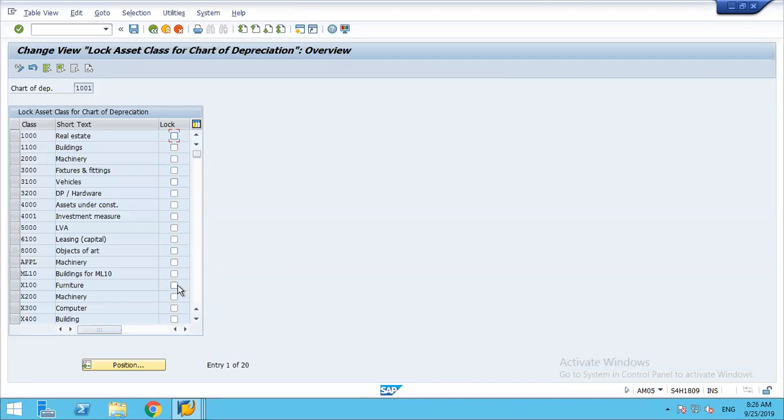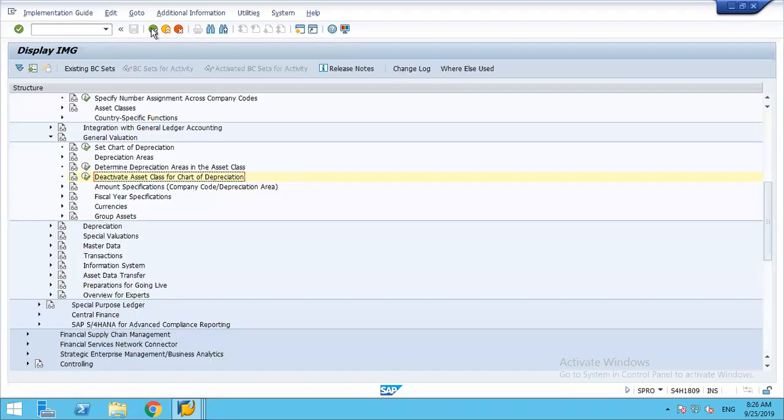You can just select it and save it. And when you want to create any asset master using the relevant asset class, system will throw up an error saying the particular asset class is blocked or locked. Okay, so that's about the deactivation of asset class,